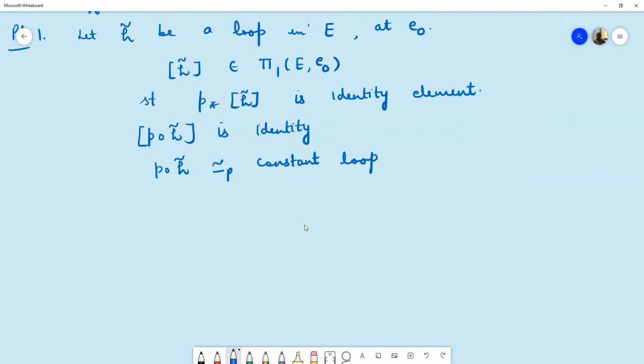Now, if this is homotopic to the constant loop, we can assume that capital F is the homotopy between P circle H curl and the constant loop. Now, if F is the homotopy between P circle H curl and a constant loop based at point B naught in space B, then its lifting, F curl of F,